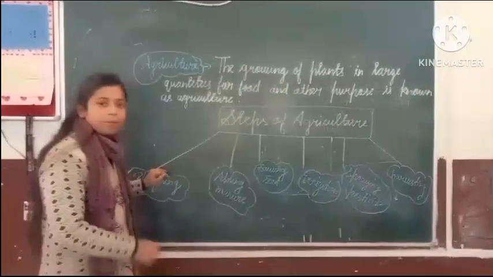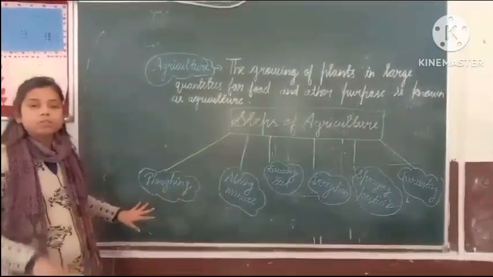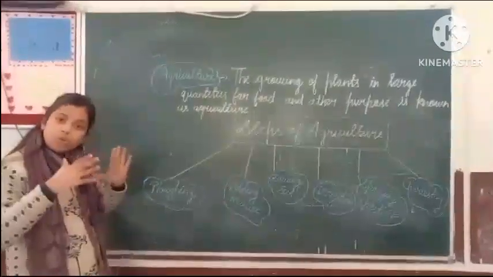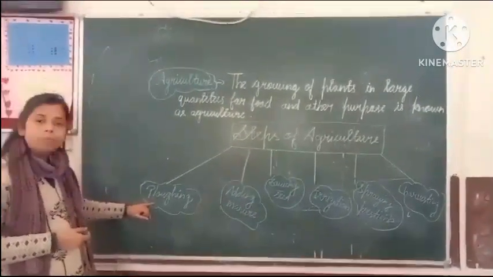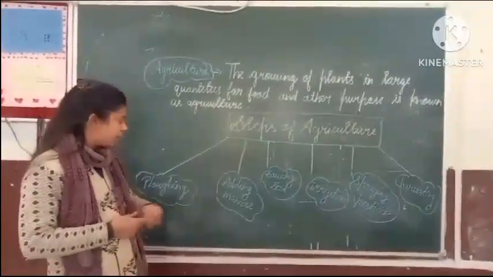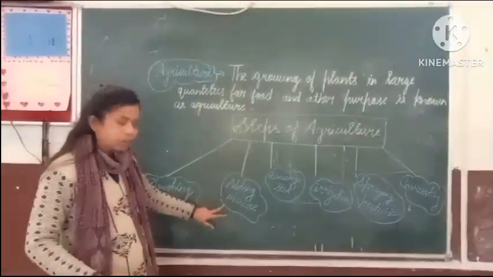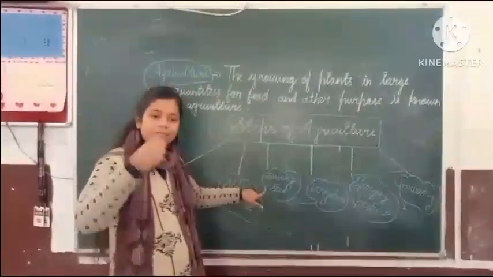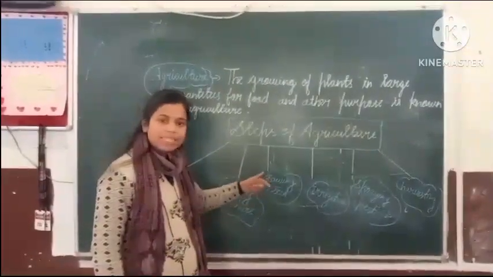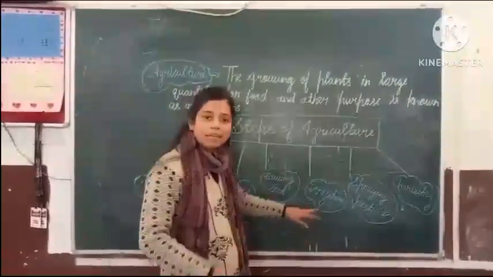Now see what happens in these steps. In the first step, we have to loosen the soil. Soil is sometimes hard, not too hard. To loosen that, we do the first step, called plowing. And next is adding manure. Manure adds some nutrients that are useful for soil. That's why we add manure. And next one is sowing seed. After that we sow some seed. उसमें हम कुछ seed डालते हैं soil में. That is called sowing seed. And next is irrigation, giving water to the plants. That is called irrigation. And next is